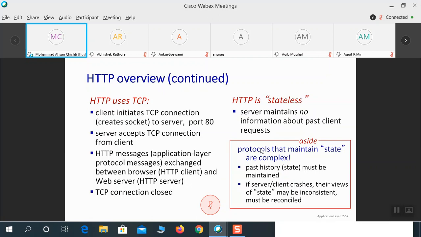And while we were discussing port numbers, we discussed that port numbers from 0 to 1023 have been kept as reserved port numbers. They are known as well-known port numbers. They are reserved for well-known protocols, and one of the well-known protocols here is HTTP. Then we had FTP, Telnet for remote login, and so on.